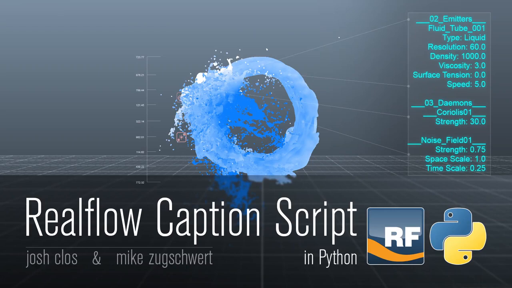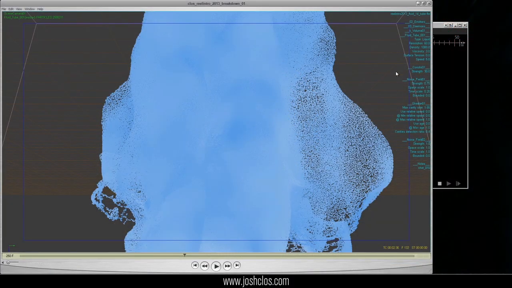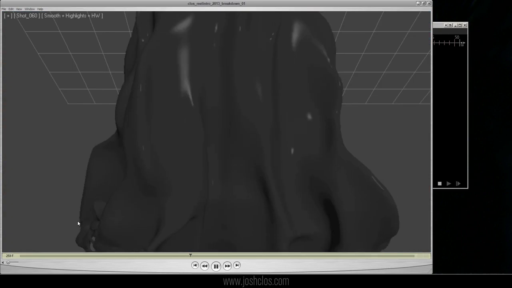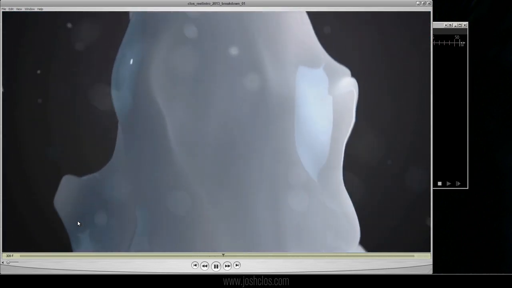Hey everyone, this is Joshua Close, and today I'm going to show you how to get this blue caption text over your Realflow previews. Some people have noticed that in one of my recently posted breakdowns, if you pause the video at just the right time,